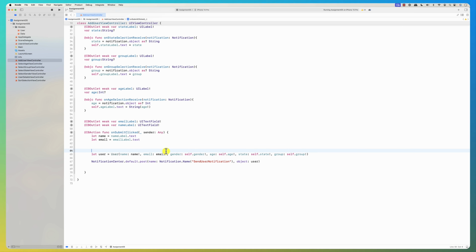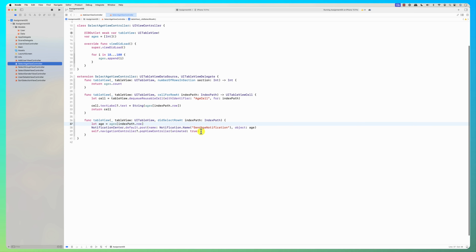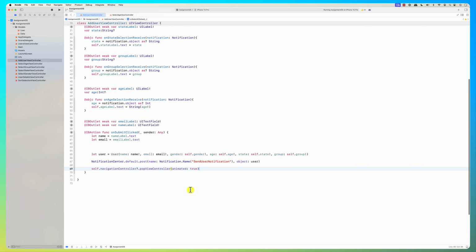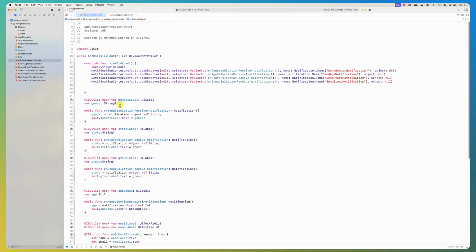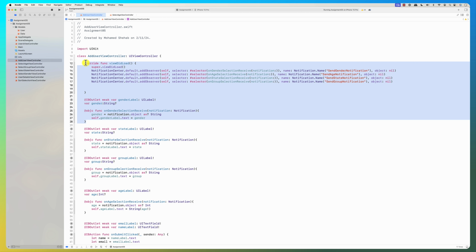And so we have the name and email, and we send it back, and then we pop the story. So basically, like any of them, we just go in and pop the view controller. All right, so we go here, that sends it back. Okay. And along the same lines, we are going to do the same thing in the